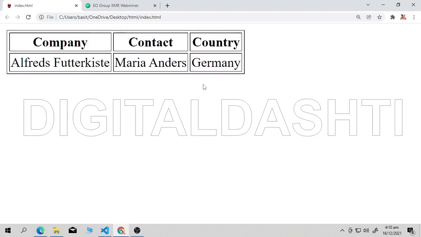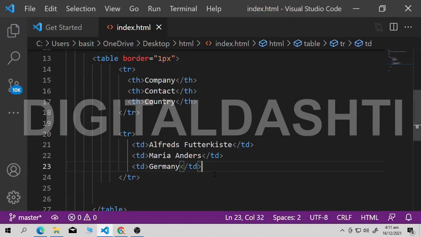To show multiple datas you have to create multiple rows. How many datas you want to show in your website in a table, you have to create rows for that. So let me make 2 or 3 rows. You know the method how to create rows, so I am skipping the video.